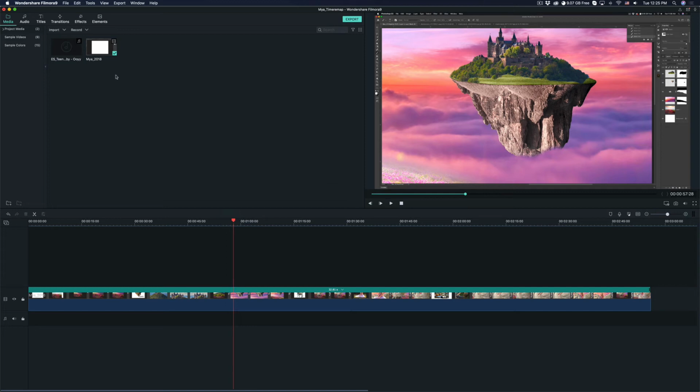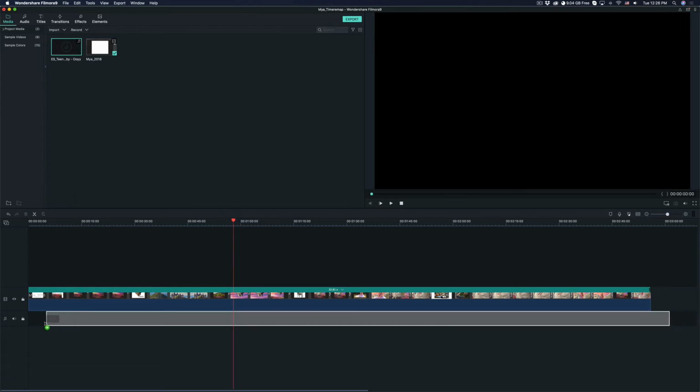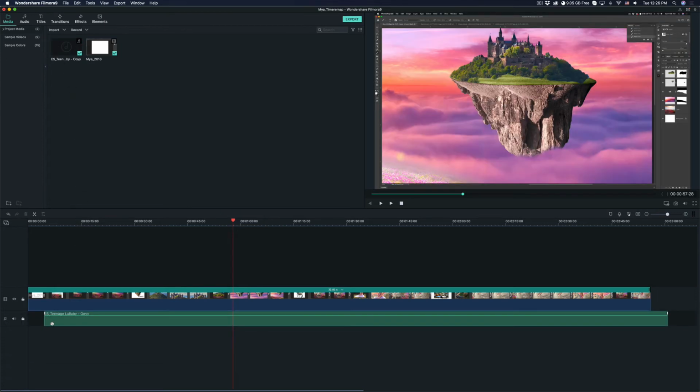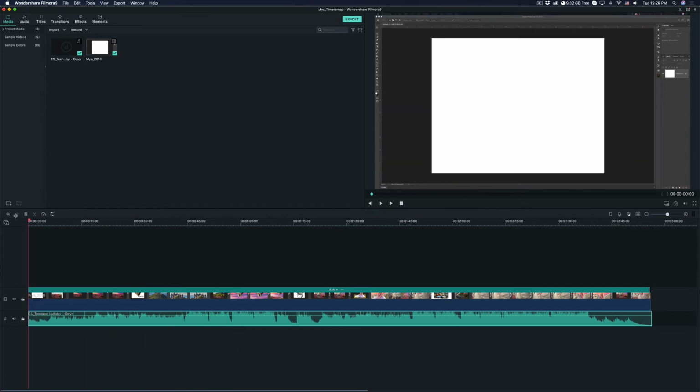Okay. So the next thing that we can do then is take the song that we downloaded and drag that down here and plop it right into space. And you can see that it lines up pretty well overall. The song is slightly longer, so it must have been just over 3 minutes or 2 minutes and 56 seconds, but that's fine. So if we go back to the beginning, just go clear back to the beginning,